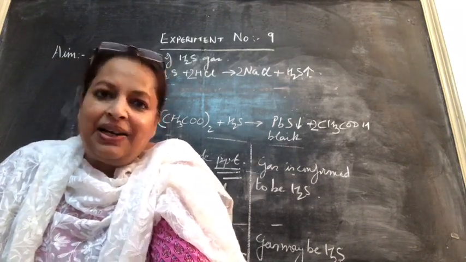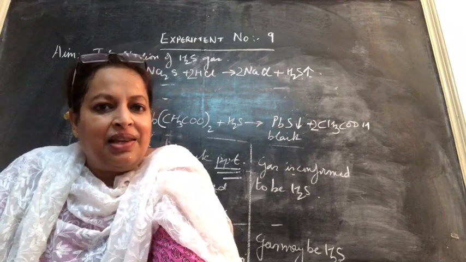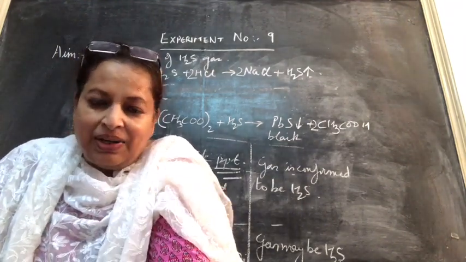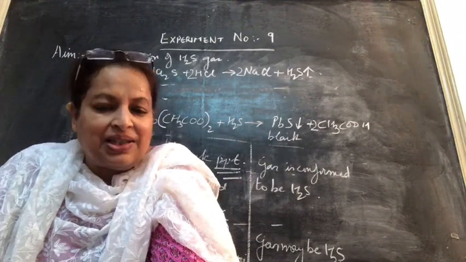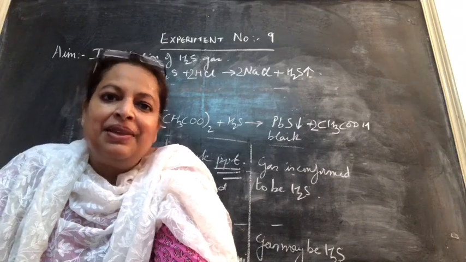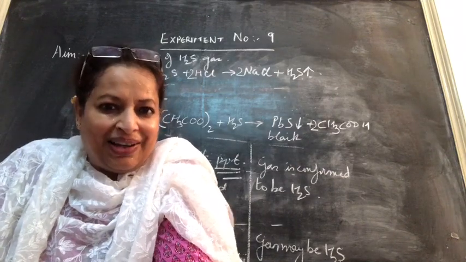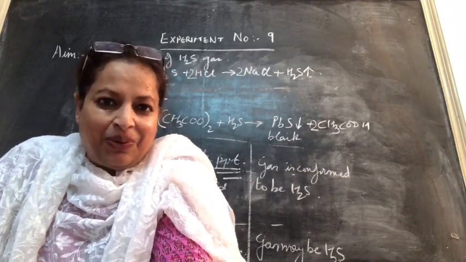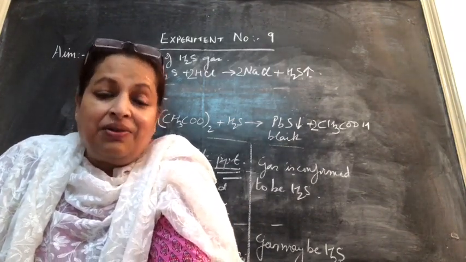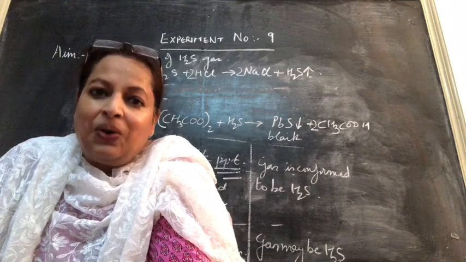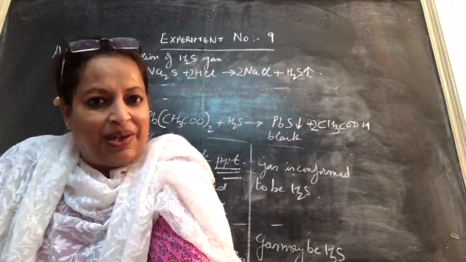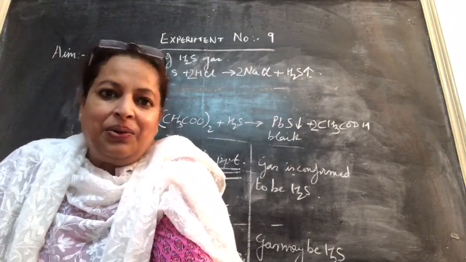So children, take care, write this experiment number 9. This is the last gas in the series of acidic gases. We have done 3 neutral gases and till H2S is the acidic gas. Now one more gas preparation is here, which is preparation of ammonia gas. So very soon I'll be uploading that also. So do write up till here, and there is a lot of work in practical chemistry and a lot of questions based on practical chemistry are asked in the examination. So regularly you learn that also.